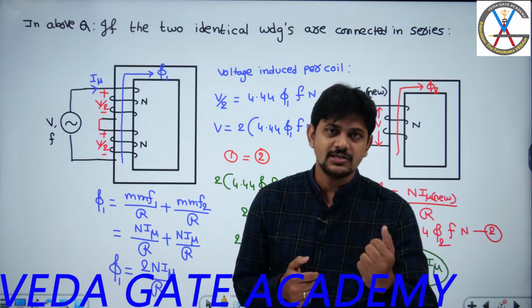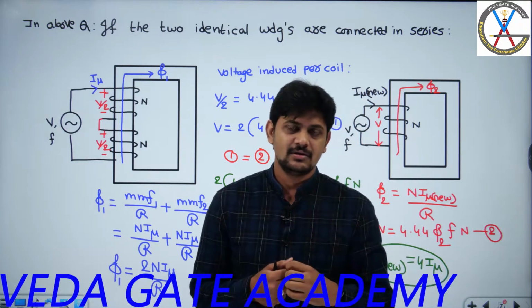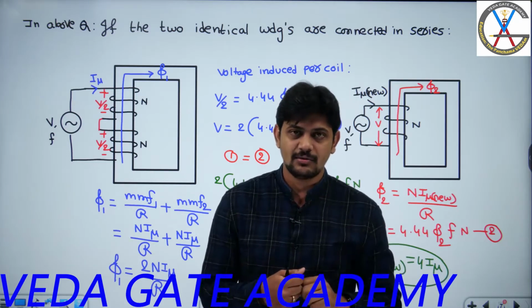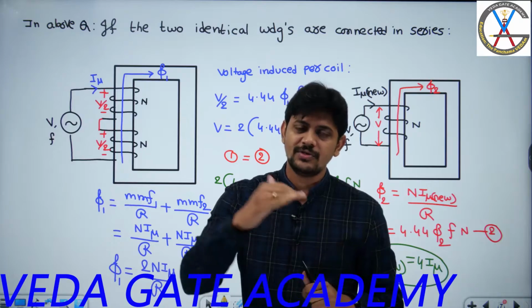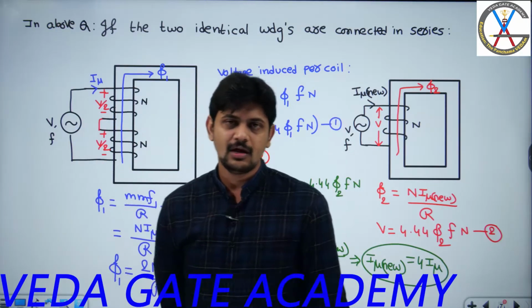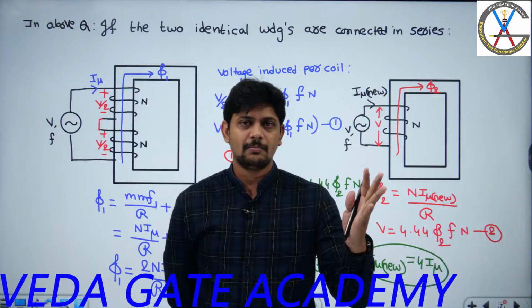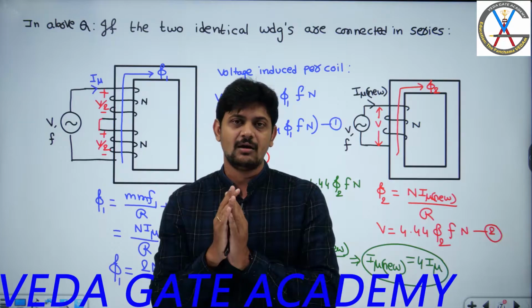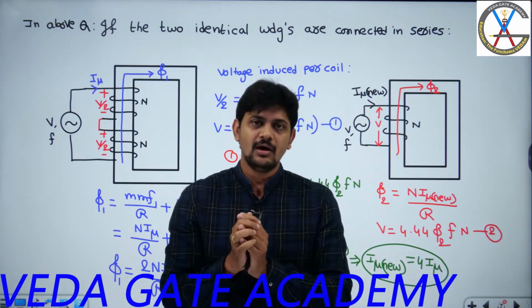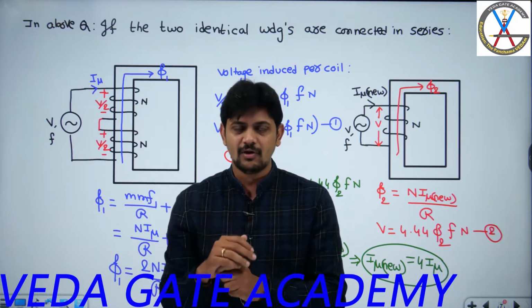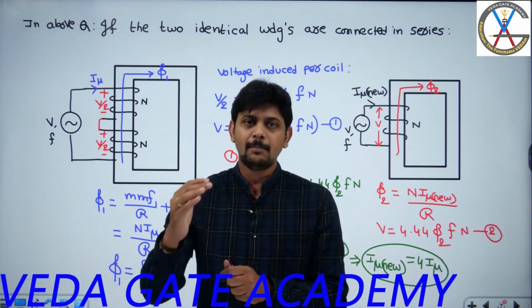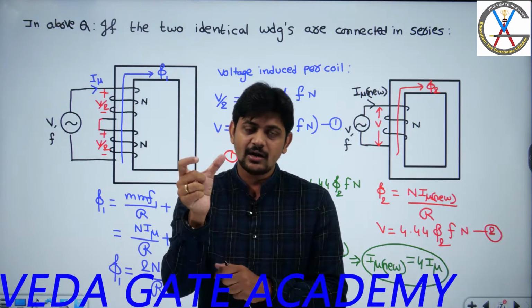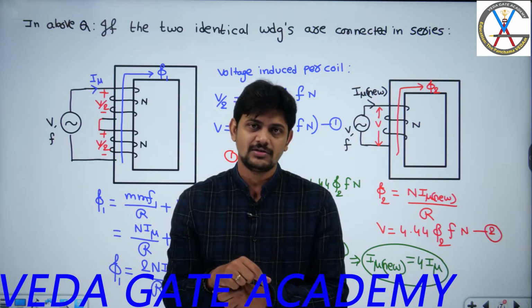Now the next stage is, okay, we need to do the analysis. That means we need to understand how to determine the parameters of the exact equivalent circuit. If I know the parameters of the exact equivalent circuit, then we will do the performance analysis. So first we started with ideal transformer operation, then one by one we incorporated practicality and understood the operation of a practical transformer, and after that we derived the exact equivalent circuit diagram. Next we saw the different losses, and after that we will try to understand how to determine the parameters of this exact equivalent circuit.